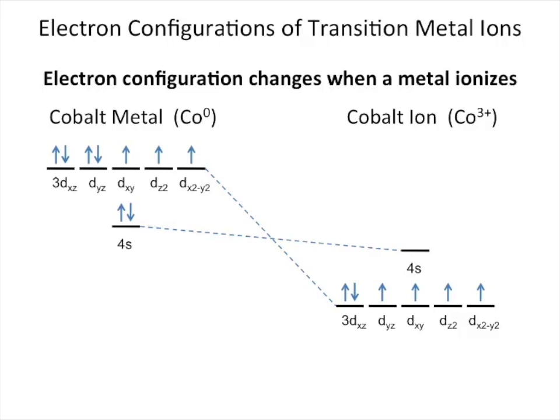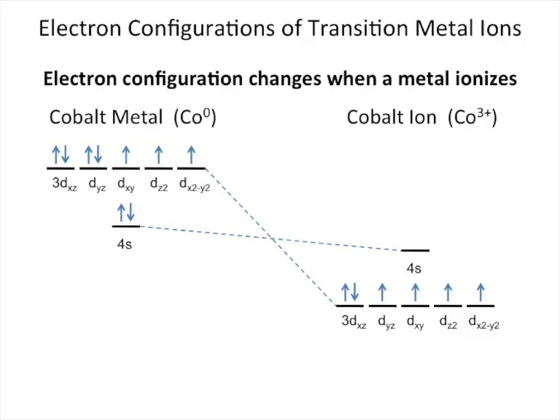This is a little detail, but a detail you need to know is that when a transition metal, in this case we're showing cobalt, ionizes, the order of the energy levels changes. So the 3d, which was normally higher energy than the 4s, drops below the 4s, and so now the order of filling changes. So you'll fill the 3d, and then the 4s in the cobalt ion on the right is pretty much always